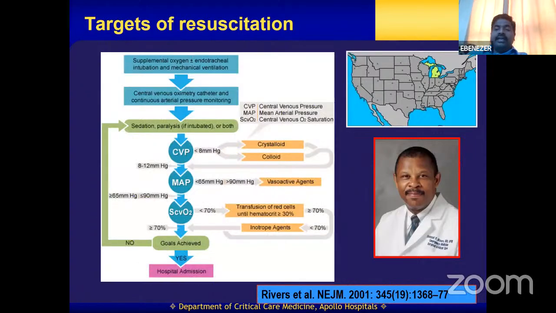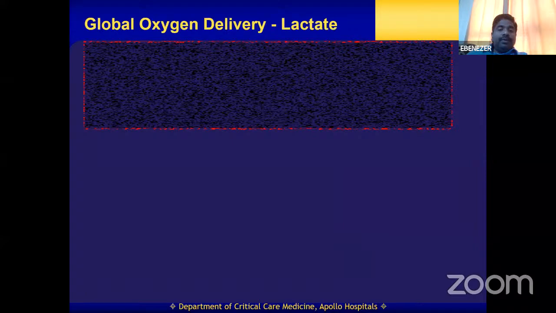In the earlier SSC guidelines of 2006, 2008, and 2012, this was a landmark trial, the reverse trial, where they gave some guidelines of a CVP, of a mean arterial pressure, of an ScvO2. Based upon that, resuscitation was being done in those days. Now still the MAP holds good, but after that we have evolved and we have come a long distance. Okay, so coming